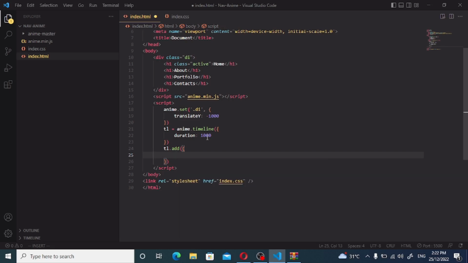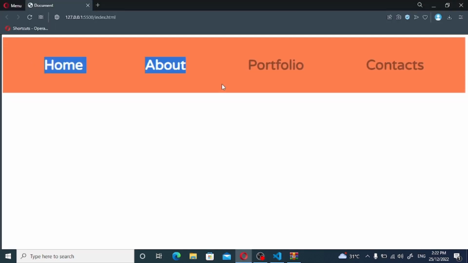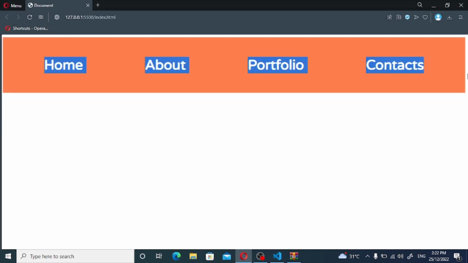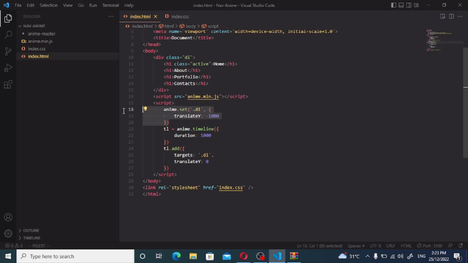So on tl.add, write target dot di, comma, translate y 0. Now you see it comes in an elasticy fashion, but this is still pretty uncool. It just disappears and then goes down and then, you know, does all those stuff. That's pretty boring. So copy this anim.set,